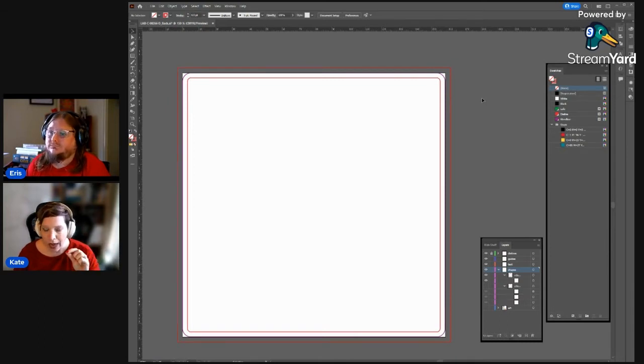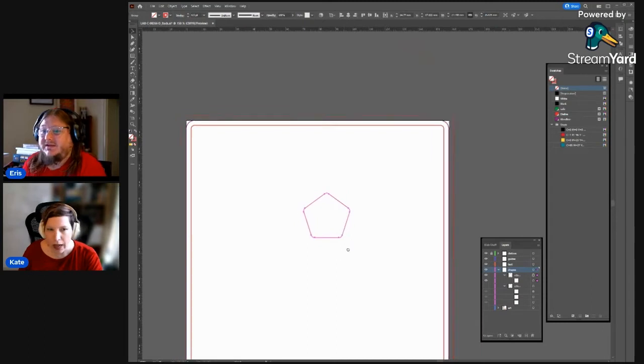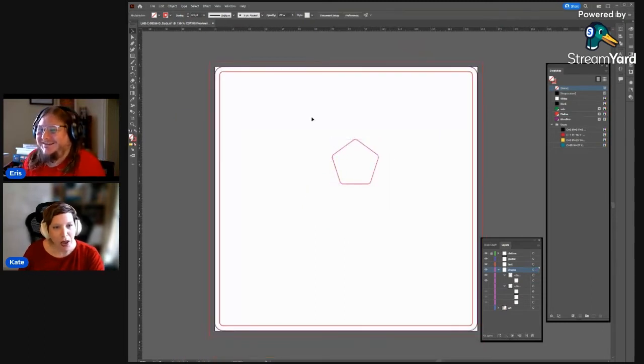I'm going to show you how to work out the safe margin and create a path for that, and how to create a bleed line as well for that, so we can see exactly how things need to line up. So the first thing, I've actually cheated. That's not really cheating, but I was prepared. Here's one I prepared earlier.